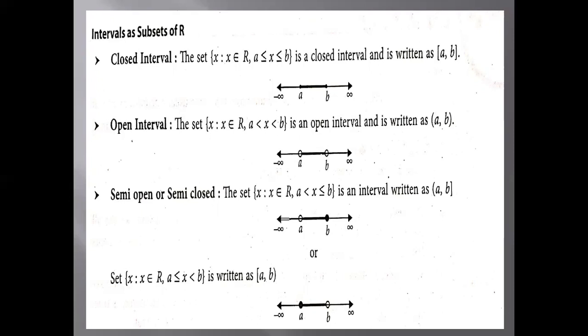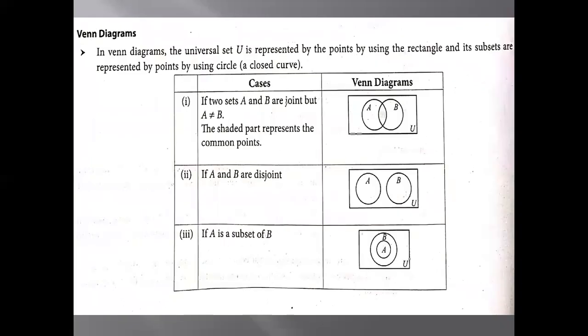We are not supposed to consider those two upper and lower elements. Then semi-open interval: the lower element we are not supposed to consider, but we have to consider the upper element. And semi-closed is the same the other way: the lower element we should consider and the upper element we are not supposed to consider.